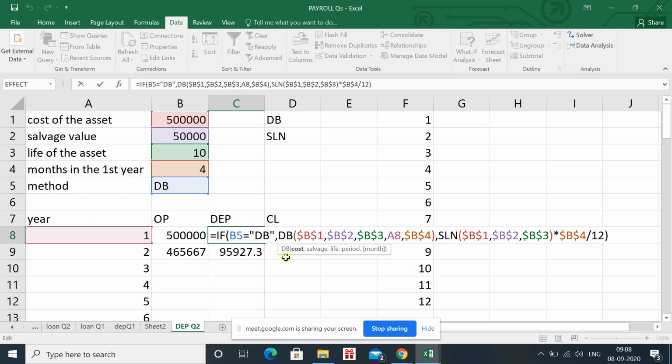DB formula is DB, bracket open, cost of the asset, salvage value, life of the asset, period for which you are doing the calculation. What is the period? You can see I have written A8.